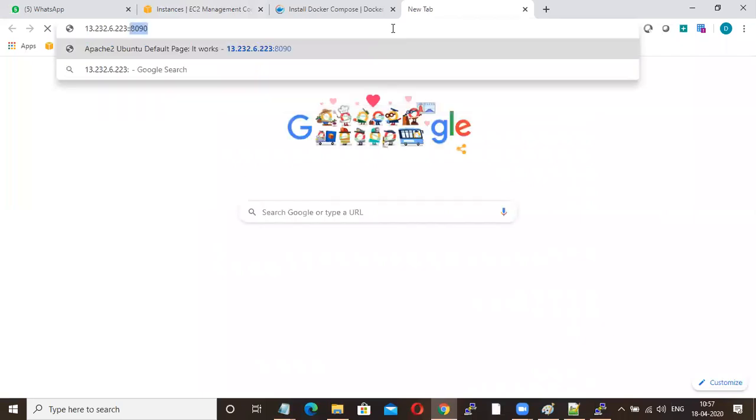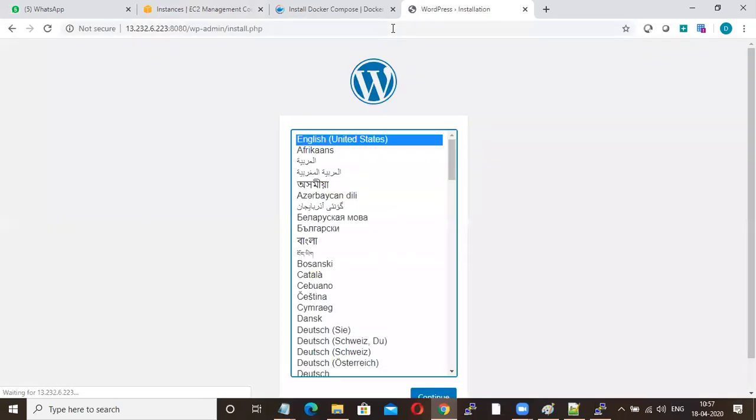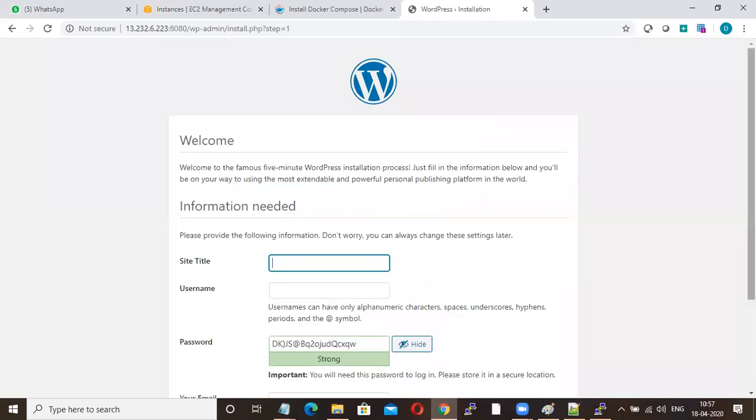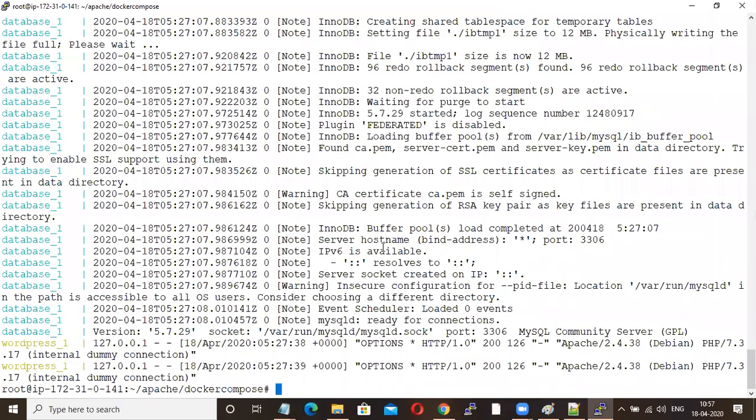Go and check on 8080. You will get this page. This is Docker Compose. And docker-compose logs will give you the logs of your Docker Compose.